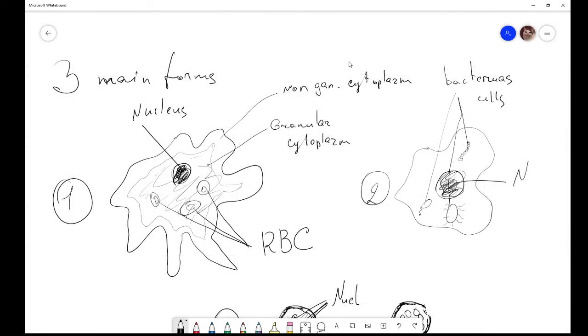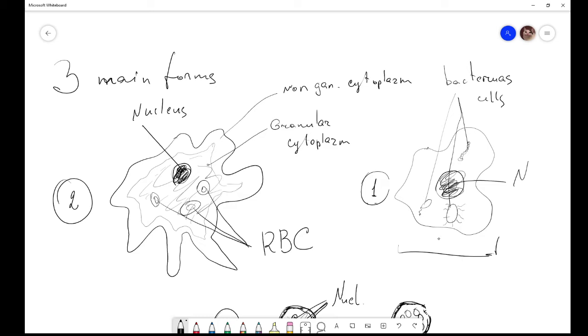We can find inside the humans, inside the large intestine, and in the tissues of large intestine, three main forms. The first form, okay, this will be second, and this will be first. Okay, first one, it is a non-pathogenic form of Entamoeba histolytica. This form lives inside the large intestines, not inside the tissues of large intestines, and it